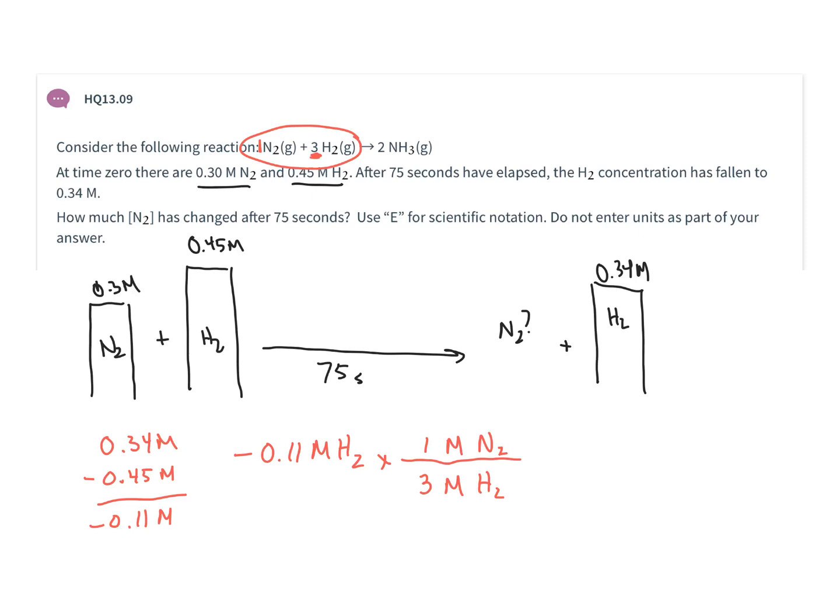So 0.11 divided by 3, and I see my change in concentration for the nitrogen is approximately negative 0.0367 molar nitrogen. When I work through, molar hydrogen cancels out, and that leaves me with a change in concentration of nitrogen of approximately 0.0367. So that's the final answer, and at the end of the reaction, after it has progressed for 75 seconds, I'd have approximately